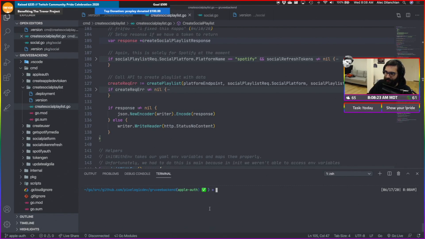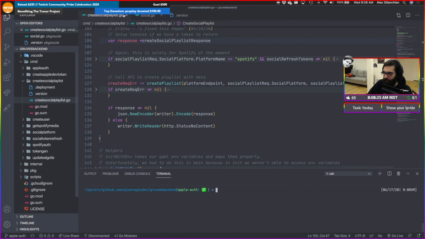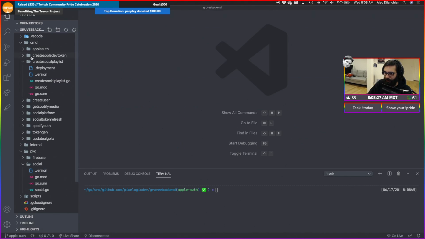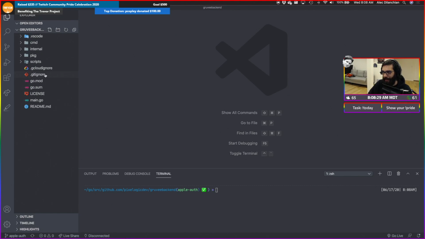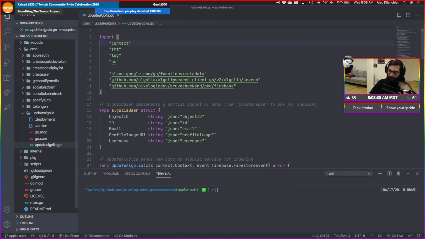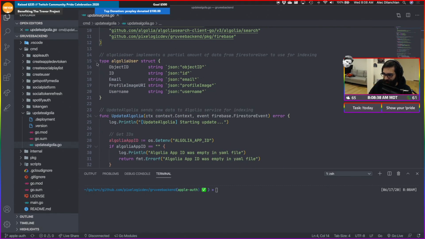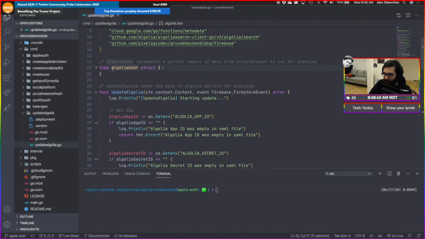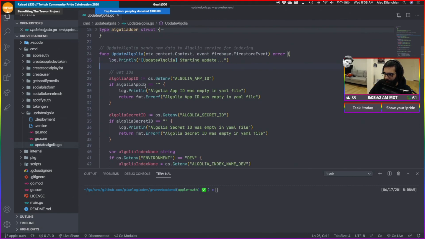All right, let's check this thing out. So again, our Algolia function is being triggered anytime a user is added to our user document. So you'll see we have this thing here called update Algolia. Essentially, we've taken this Algolia user object here. And again, this is triggered off a Firestore event.